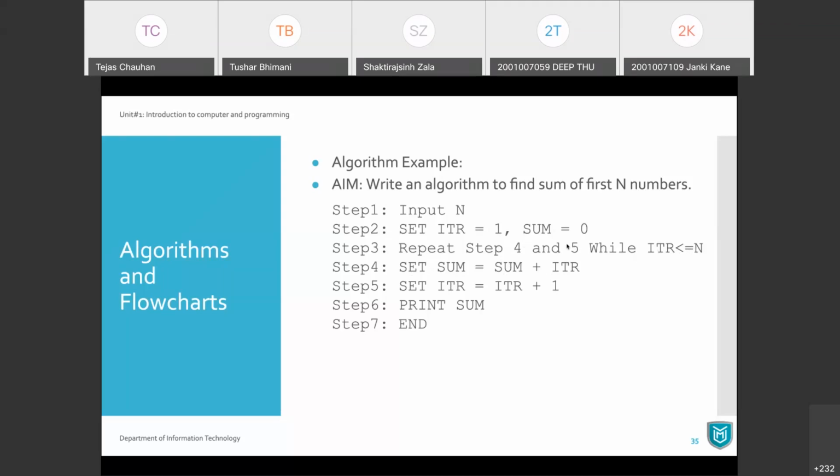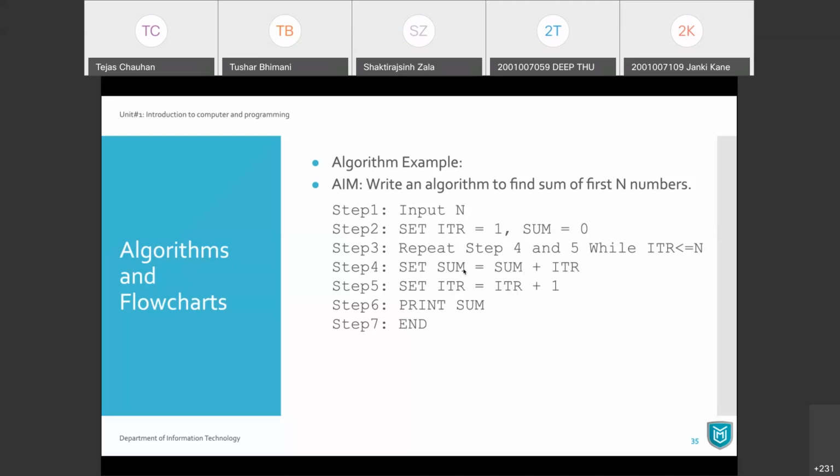Now in step number 4, your sum is already 1. So 1 plus 2, ITR is 2, so sum becomes 3. And then your ITR will be incremented, so your ITR will be 3. 3 less than 5, yes. So sum is 3, ITR is 3, 3 plus 3 becomes 6.